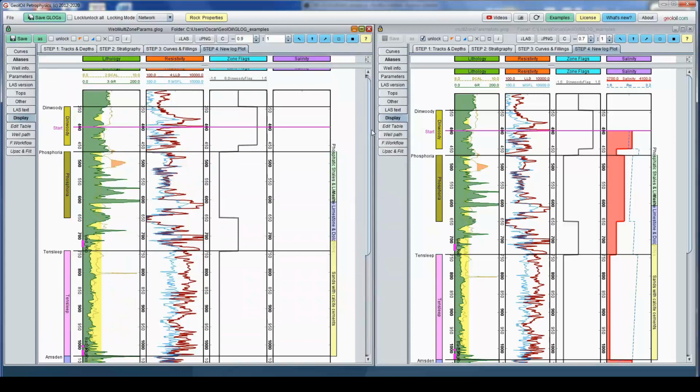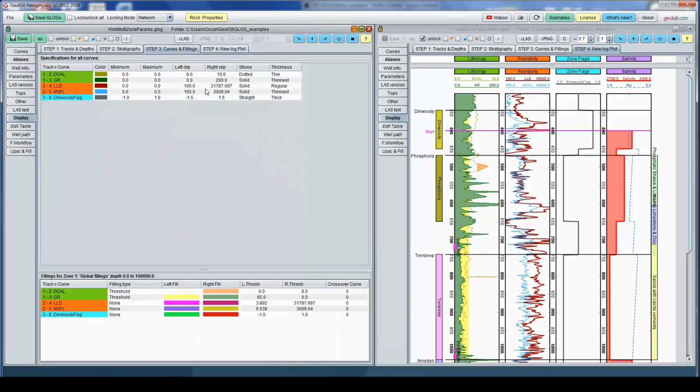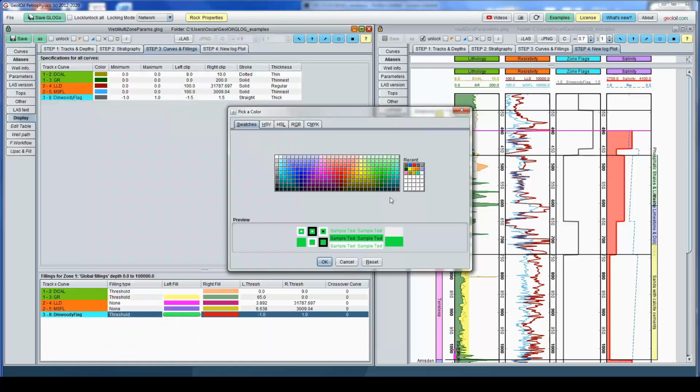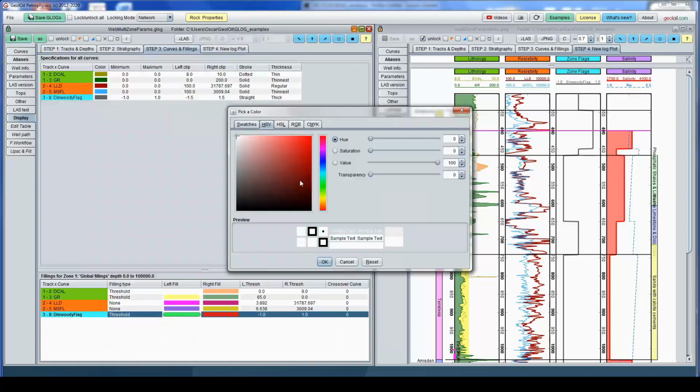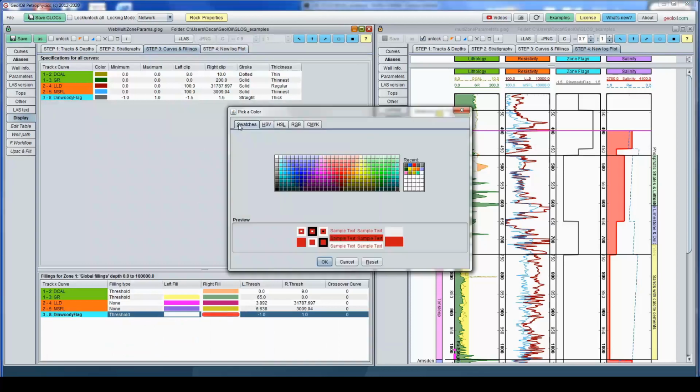Okay, let's highlight exactly the zone belonging to Dinwoody. Dinwoody is 1.0, this zone. Let's make a filling of that. So for the Dinwoody flag, you choose threshold. To the left, let's put white and transparent. And to the right, let's choose gray, something like the former gray.